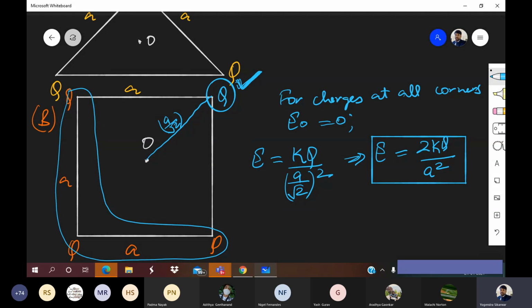How many of you understood that? Please write your names in the chat box. How many of you have understood that? Please write your names in chat box. Please write. Padma understood.